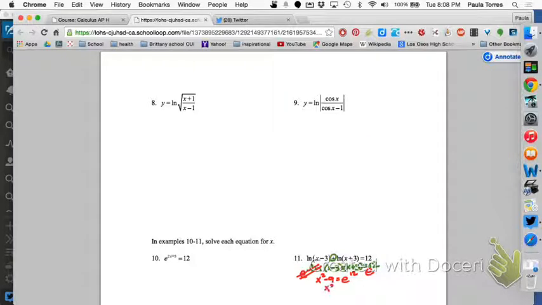And so I have x squared minus 9 equals e to the 12th. I'll need a calculator for that, but I don't really care what it is at this point. So x squared, of course, I'll add 9 over. And then in order to get x by itself, I'll take the square root, which of course causes me to put in plus or minus. So I'll have x equals plus or minus the square root of e to the 12th plus 9, and then I'll put it in my calculator and I get plus or minus